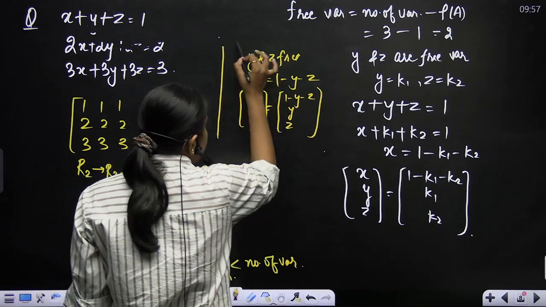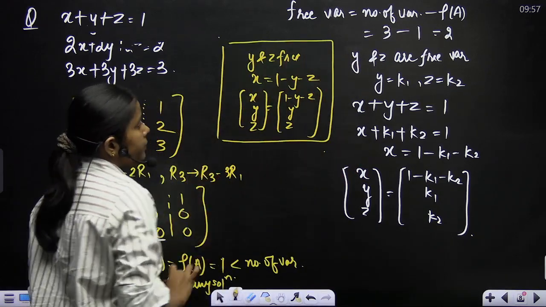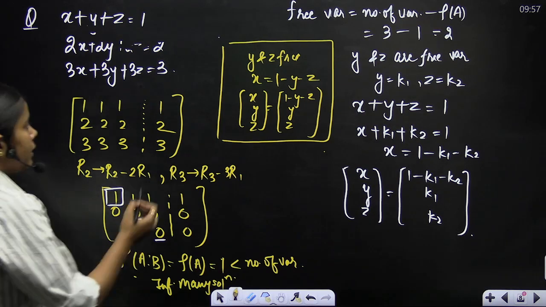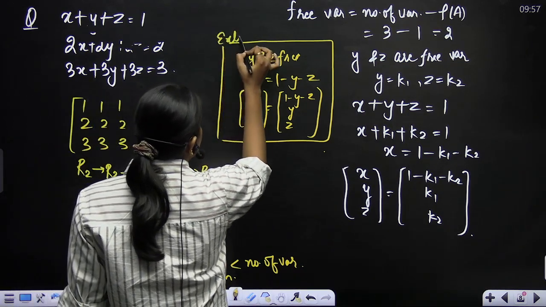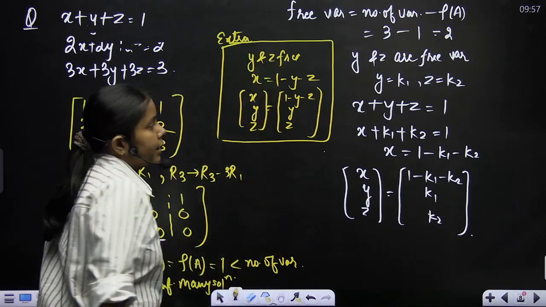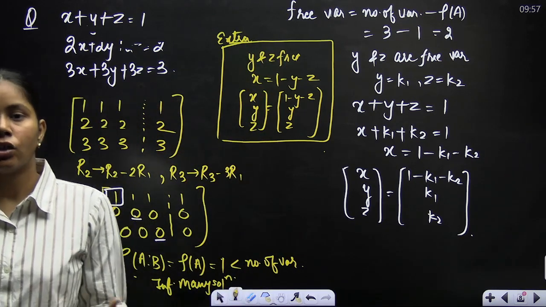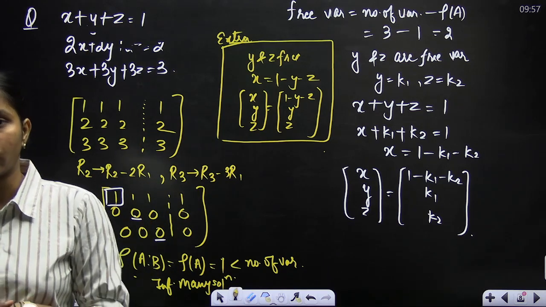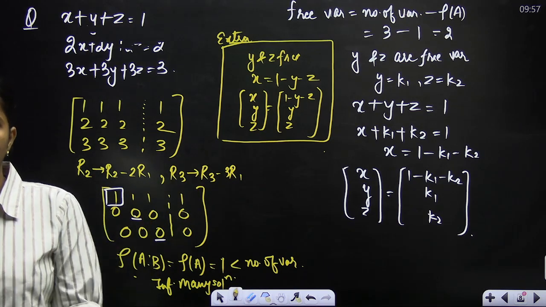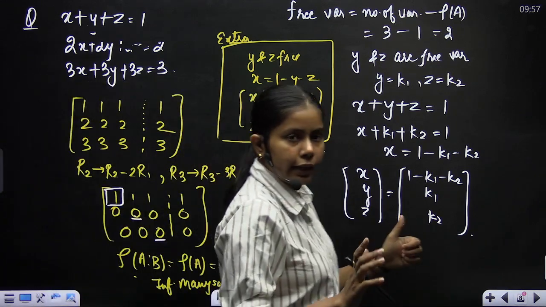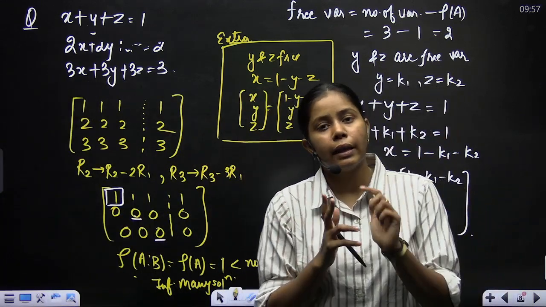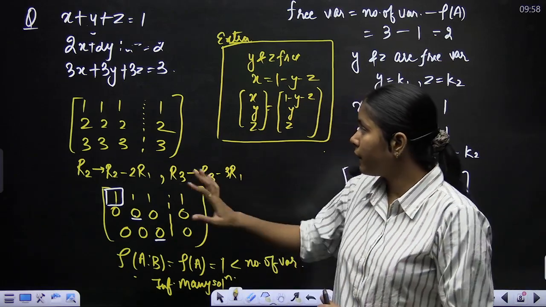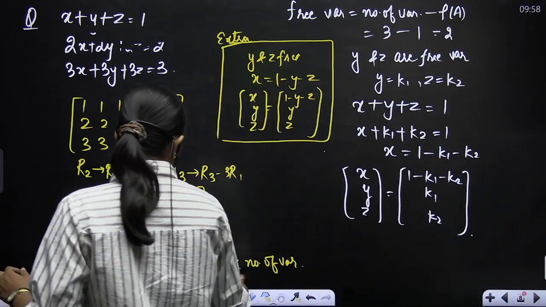So they would say that Y and Z are free variables, so this type of solution you can also get. You can get a solution of this kind, right? So that's how we are going to solve a system of linear equations if we have infinitely many solutions. So we have seen that if I have 2 variables, then I'll go for simply substitution or elimination. Otherwise, if I have 3 variables,